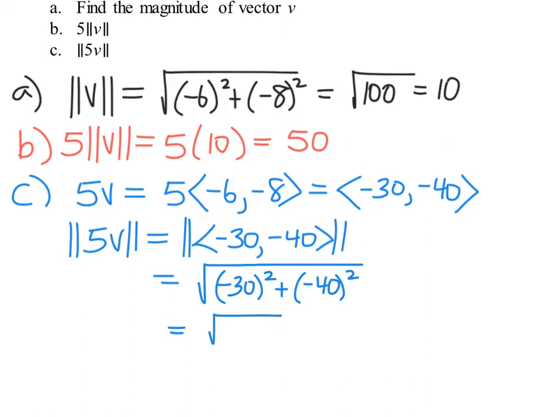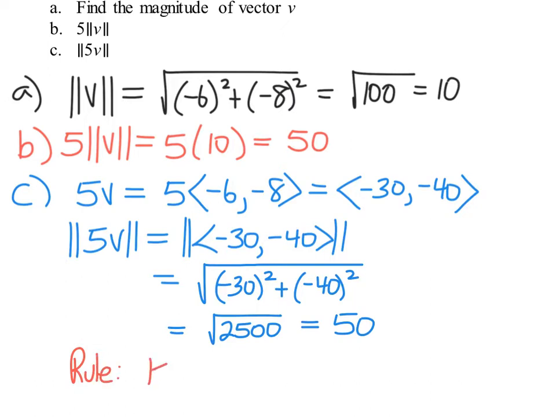So we're looking at 900 plus 1600. Actually, let me just write 2500, which gives us a 50. All right, so the relationship that we get from this is a scalar relationship, or a scalar multiple, associated with the vector magnitude. From this, we discover a rule,